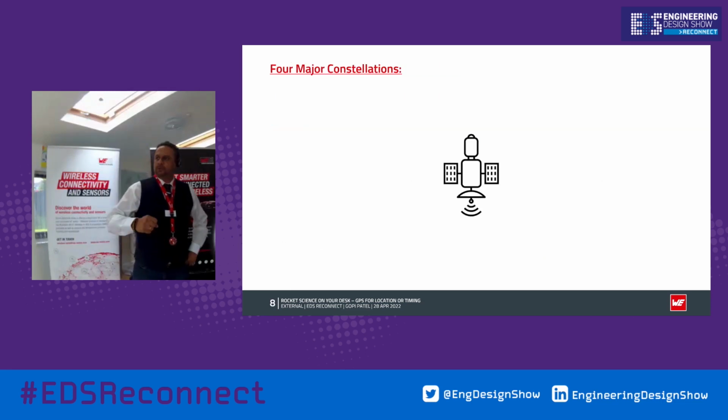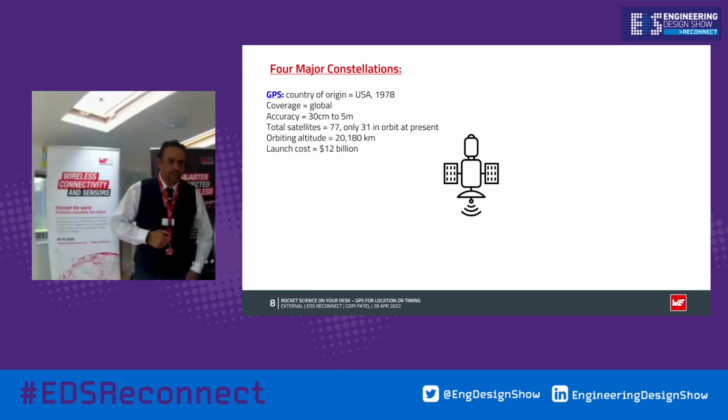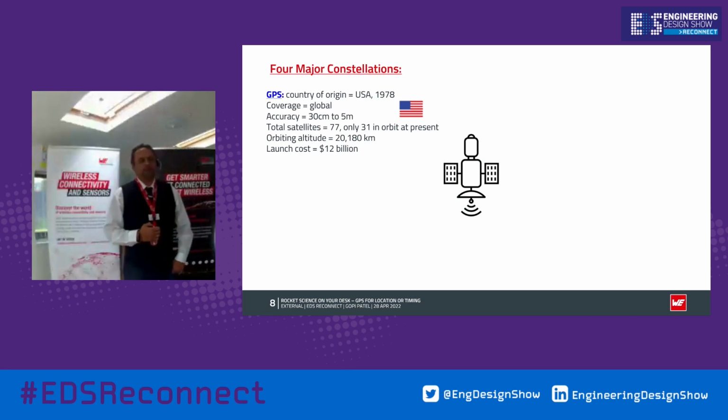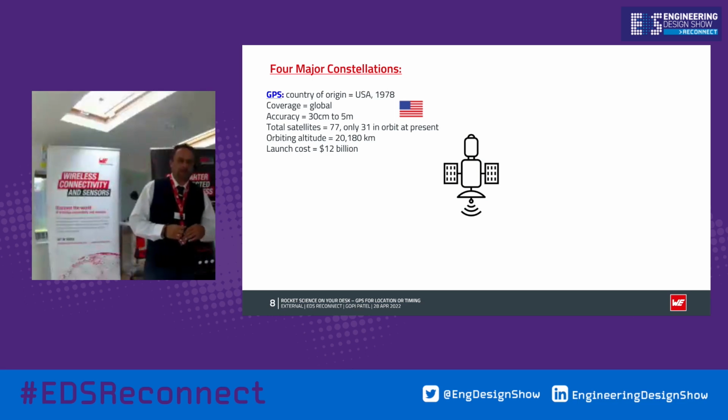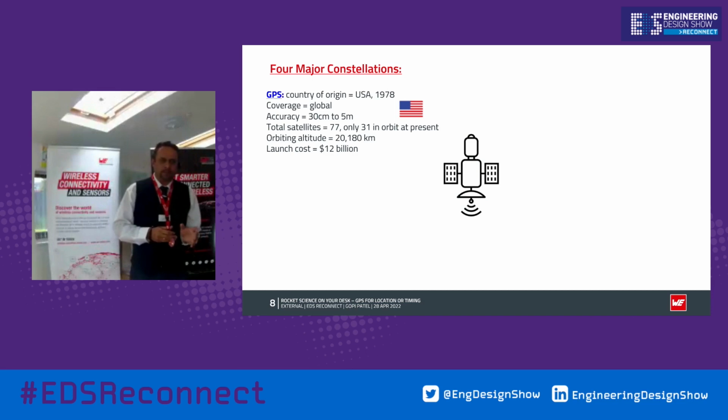Now, 4 major constellations, we talked so much about them. Now let's dive a little bit deeper. And you remember the first constellation is the oldest one, GPS. In 1978, the US started, and their aim was to cover the entire world with a navigation signal. And remember, all these